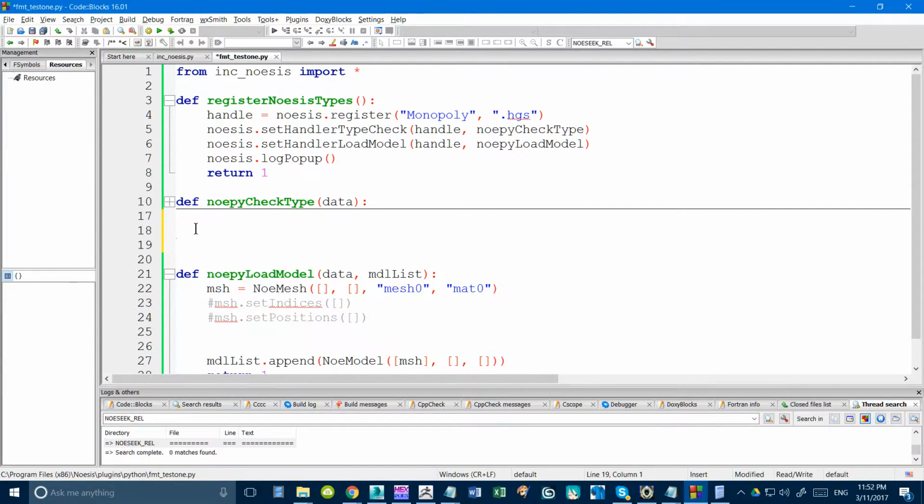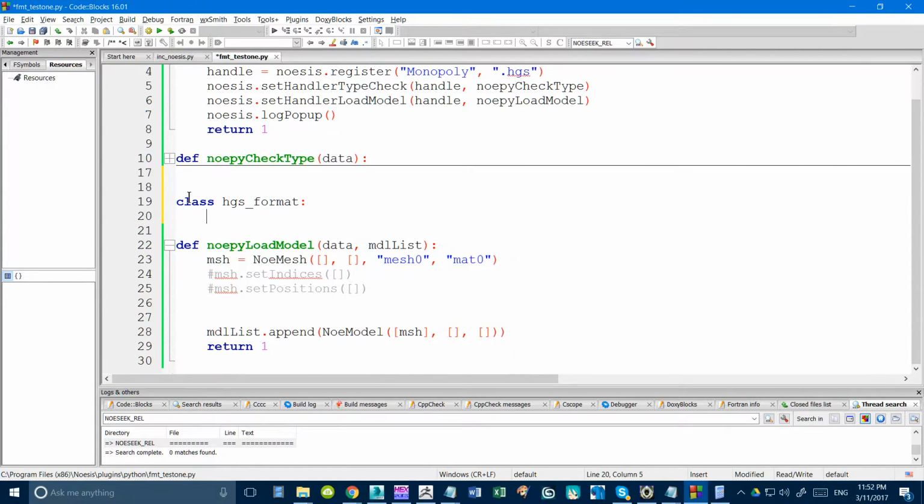Okay, so we'll say class HGS format. Then we're going to put in our definition for our initialization and arguments. I don't think, yeah, you have to have one argument. That's the actual